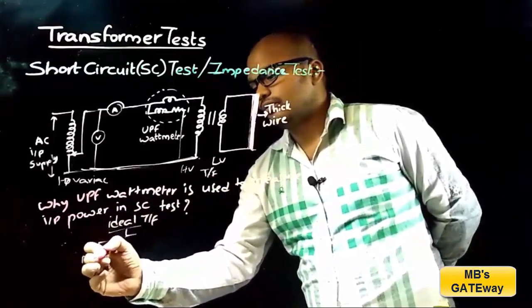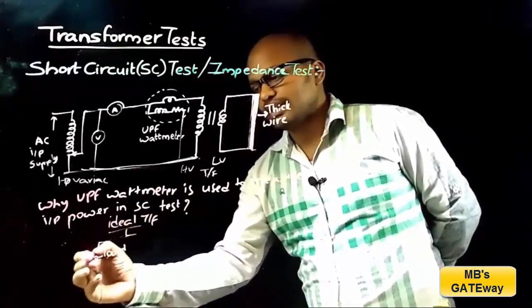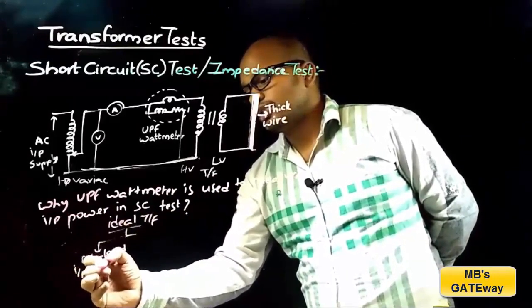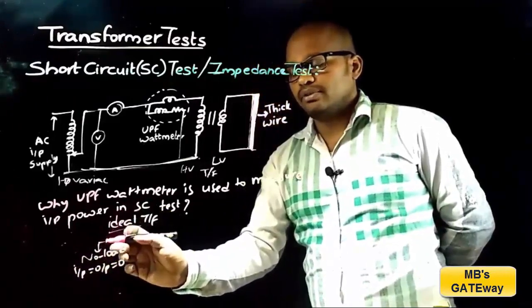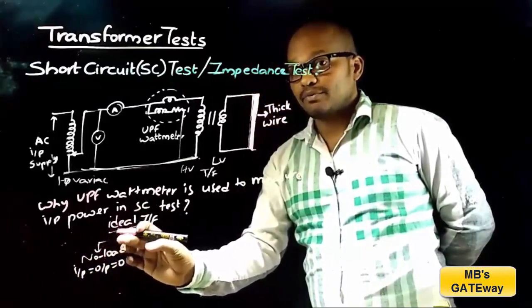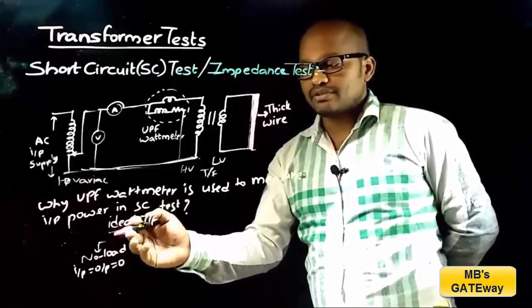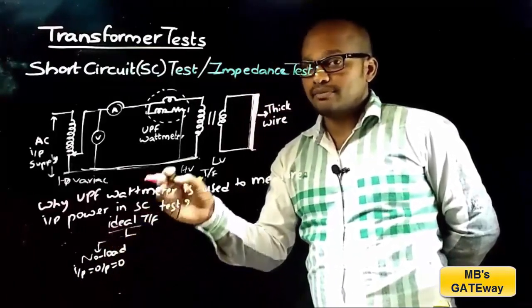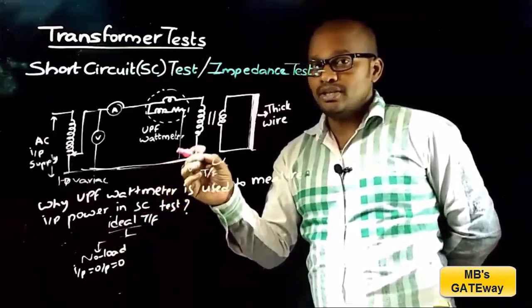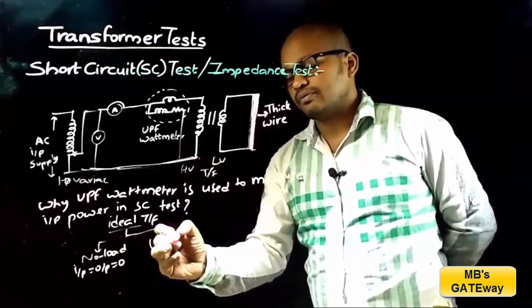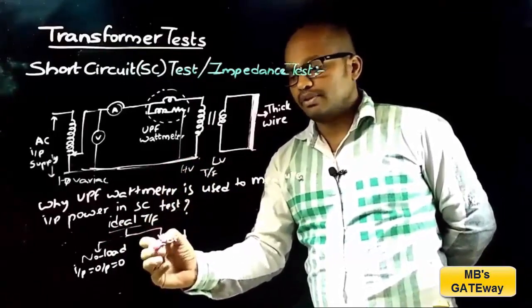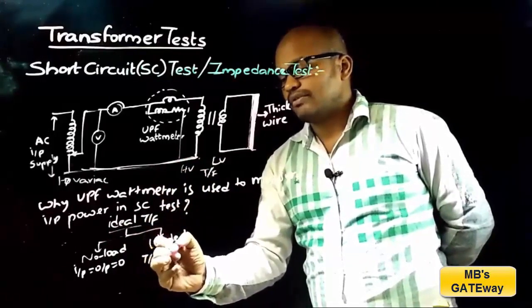In case of no load ideal transformer, input power is equal to output power is equal to 0. That is, in case of no load ideal transformer, the power intake by the transformer is 0. Whereas in case of actual transformer, transformer will drive some power, and that power is used to meet the core losses in the transformer. And whereas in case of loaded ideal transformer, transformer will drag